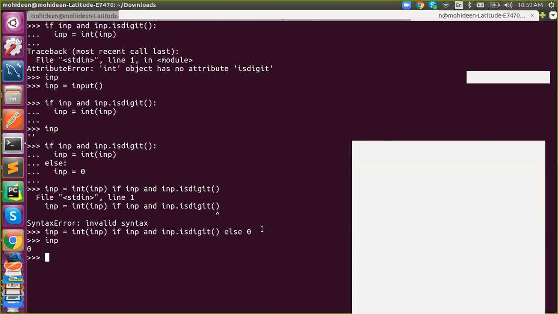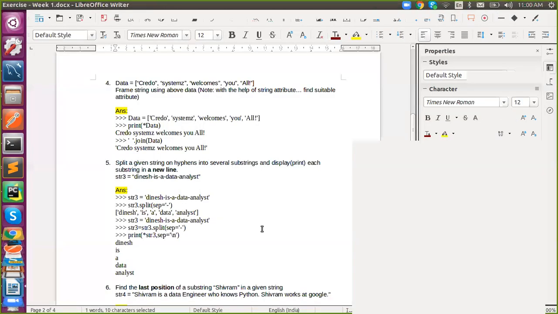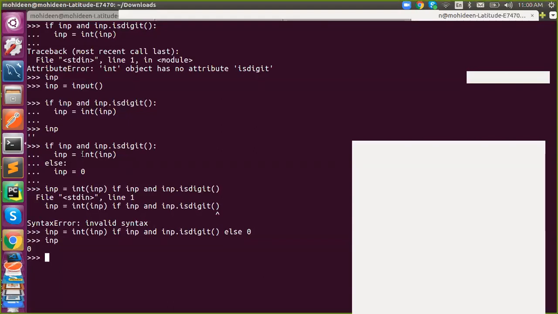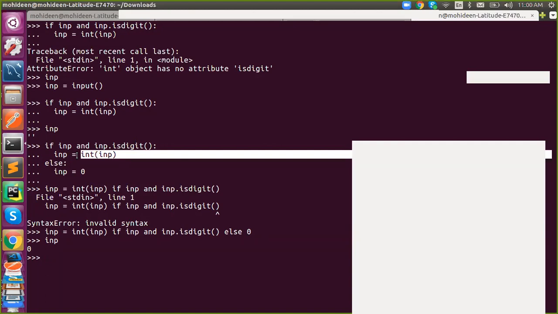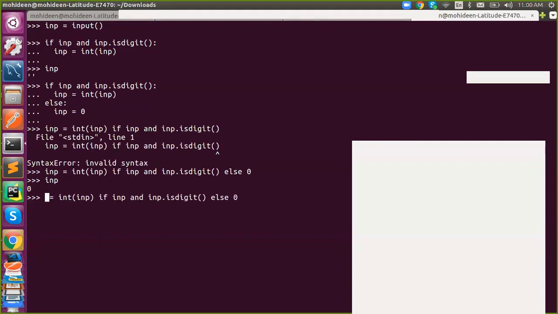So the one line if syntax is: variable, value, if condition, else value. Just assume I'm using this part. The variable is not required. You can play with the value alone. If you don't specify any variable, anyway you're going to return a value. If you assign it into a variable, the return value will be stored.